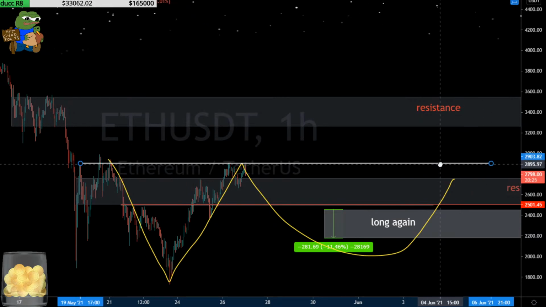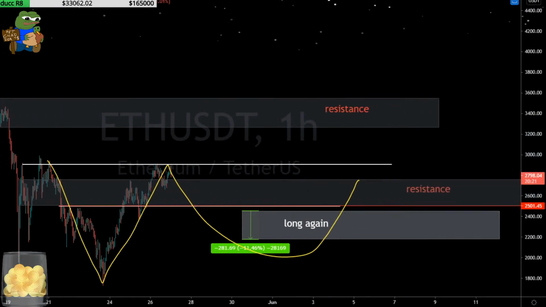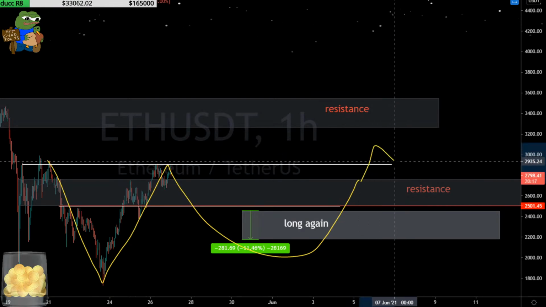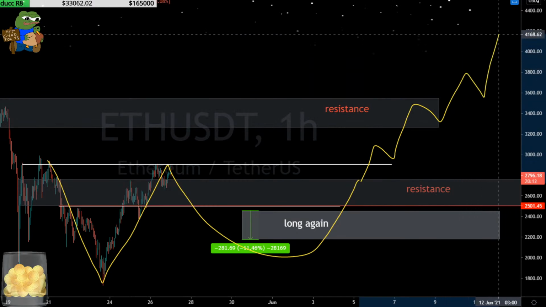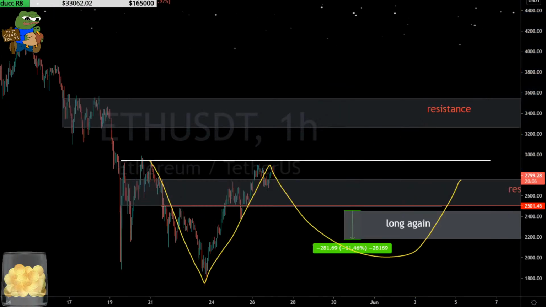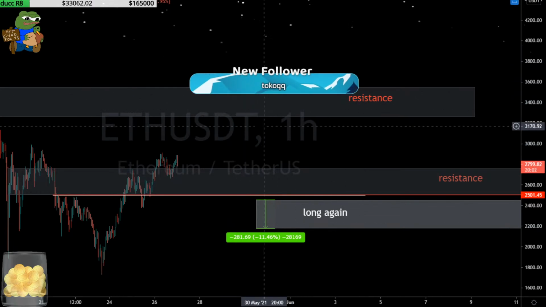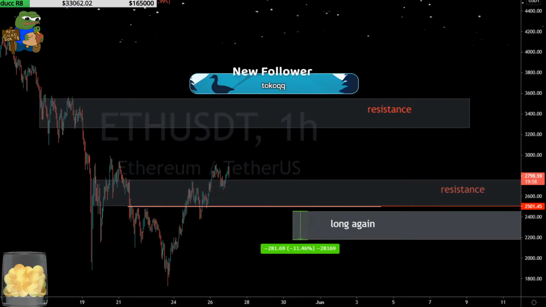Okay, neckline-esque structure, and that's it. It's just normal stuff. Eventually we're going to get out of this neckline and shoot up to the next area, and hopefully we can continue, right? So that's kind of what I'd be looking for here on ETH. Again, you're going to follow Bitcoin, so if Bitcoin's looking to sell off, ETH is going to have a pretty hard time